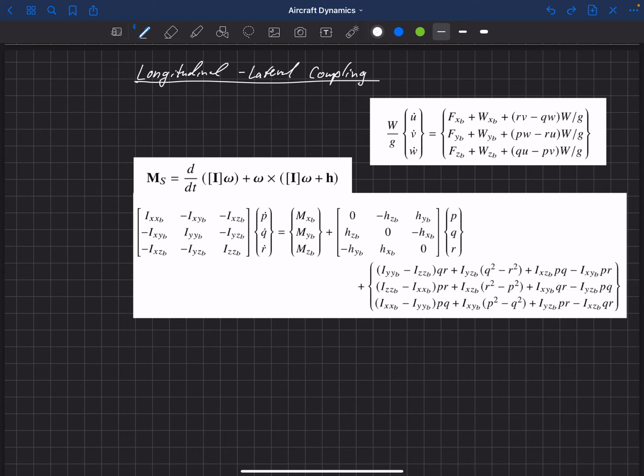About 70 or so years ago, as they were working through this and better understanding the mechanics of flight and the dynamics of flight, that process allowed them to break up the longitudinal and lateral behaviors of the aircraft mathematically, so they could study them somewhat independently. But in that process, we threw away some information and that can be significant. So there can be some longitudinal lateral coupling that is really important.